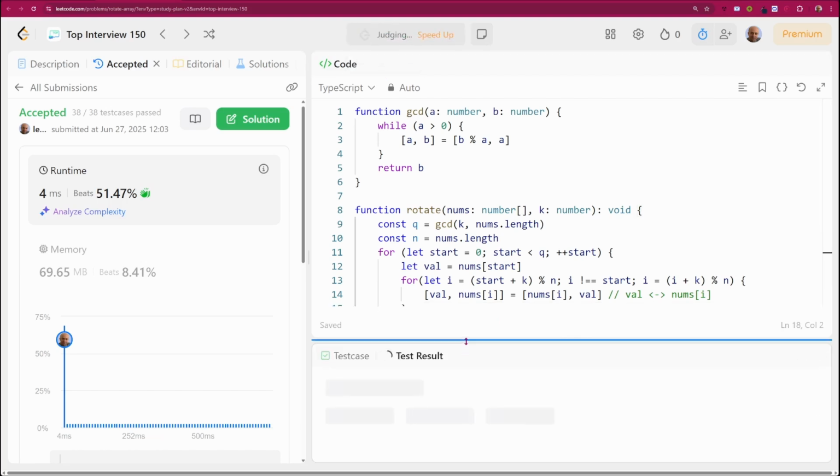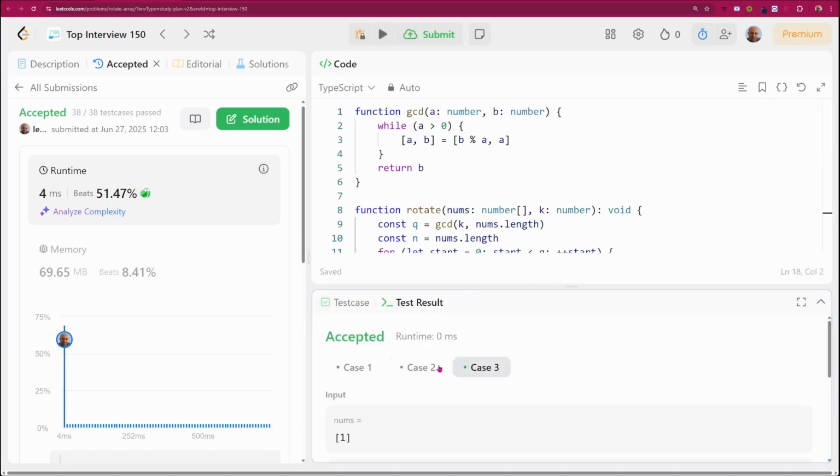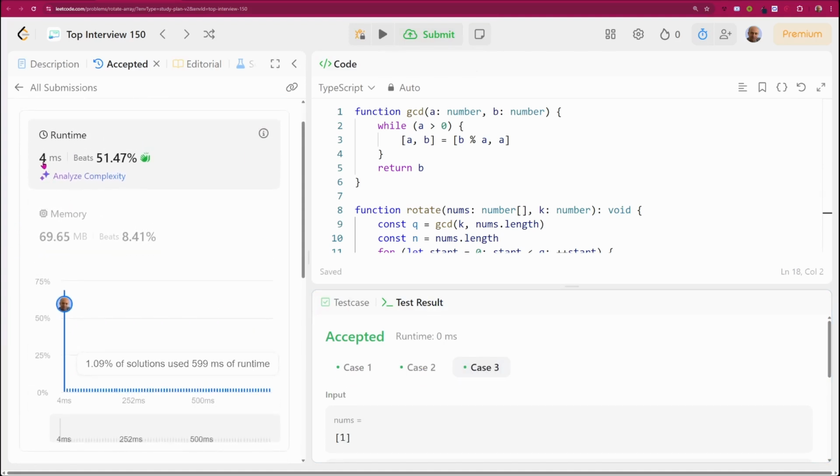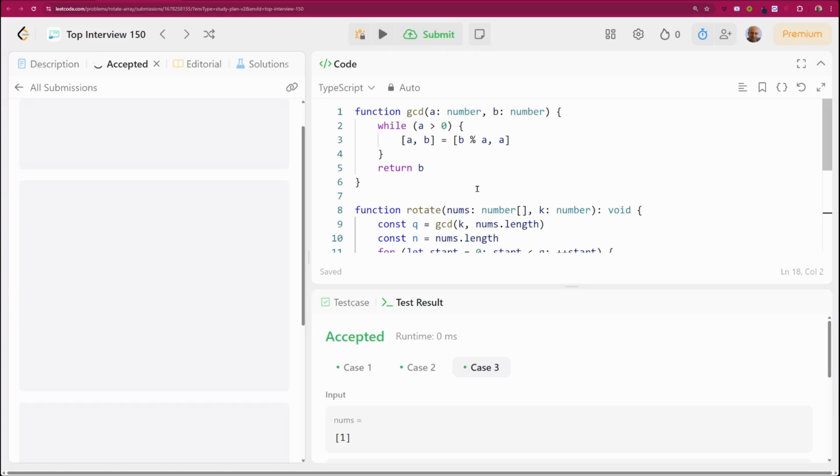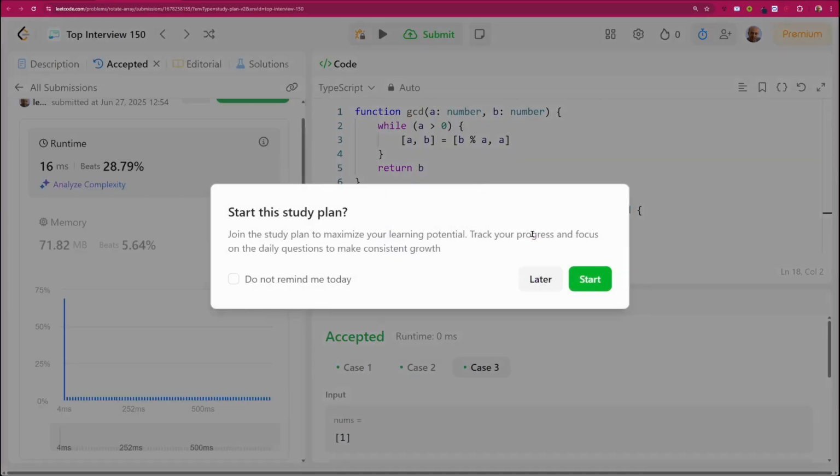Okay, let's test on the pretests first. Oh, we passed the pretests. Nice. Okay, now remember this. This is the result from our previous submission. So 4 milliseconds and about 70 megabytes of memory. We've beaten only 8% of all of the submissions. Oh, right, sorry, wrong button. I have to press submit. Okay, submitting. Okay, I think that means